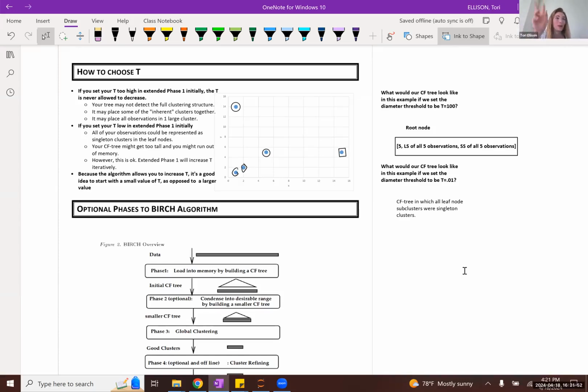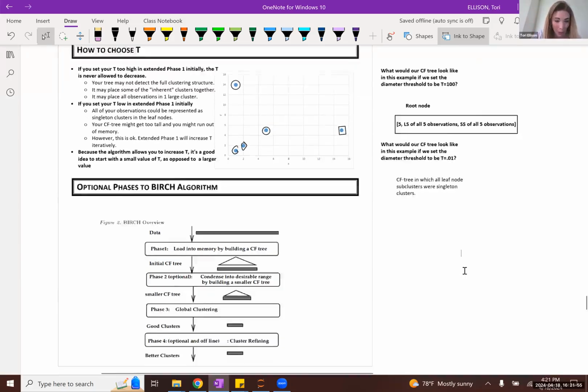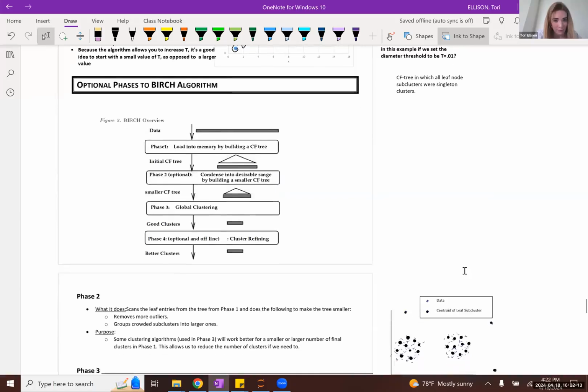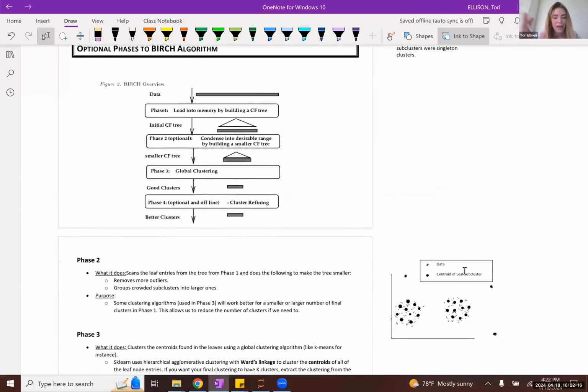All right. So the final three phases are actually not as complicated. The bullet point is phase one, regardless of whether you're using the extended phase one or just the regular phase one, the main point of it is to build your CF tree, which is trying to detect the clustering structure of your entire data set. However, because this CF tree is iteratively adapting as you read in more observations, observations which you had previously assigned to one cluster may actually be better suited to another cluster, which may have formed as you read in more information.